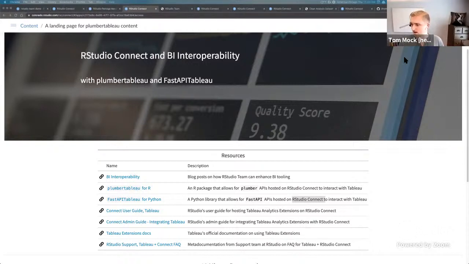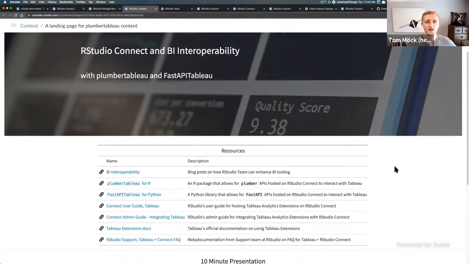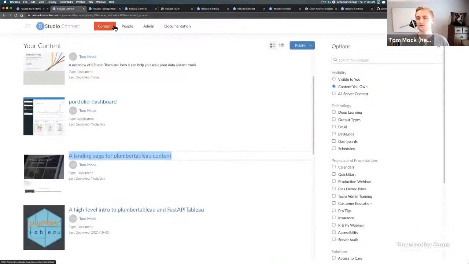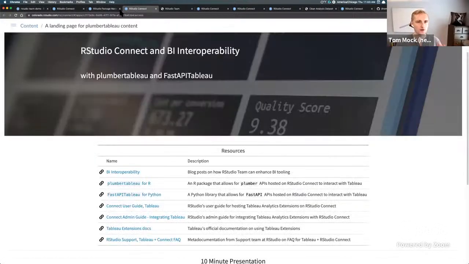Another question about Power BI. So Power BI, I believe, actually has support for RESTful APIs. So without even having to do anything special, just using Plumber in R or Fast API or Flask in Python, you can actually call that from a Power BI notebook. So as long as you can query an API,